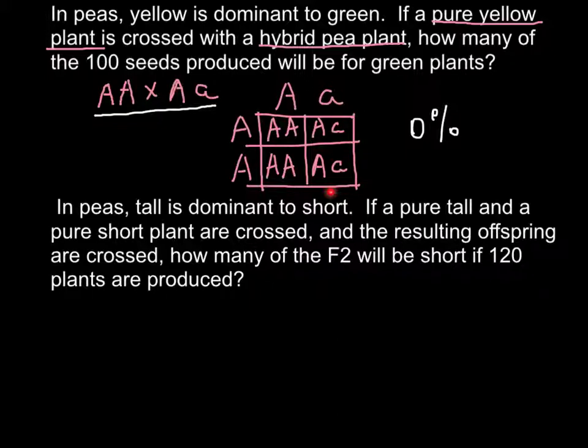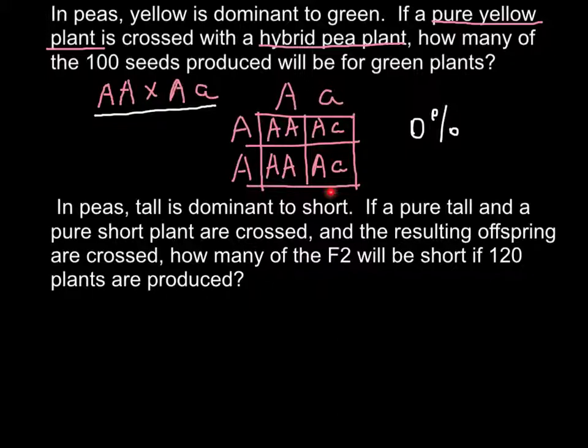So, second problem: in peas, tall is dominant to short. If pure tall and pure short plants are crossed and the resulting offspring are crossed, how many of the F2 will be short if 120 plants are produced? And here we have